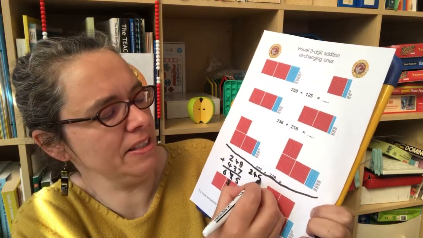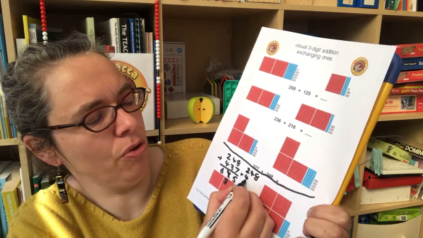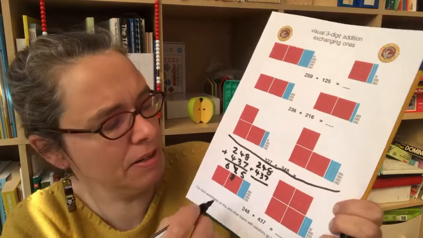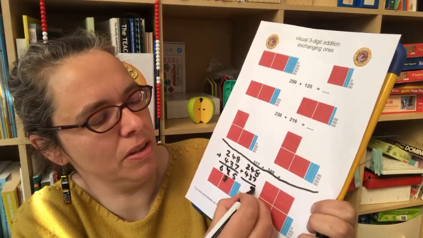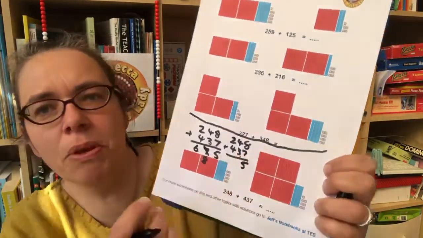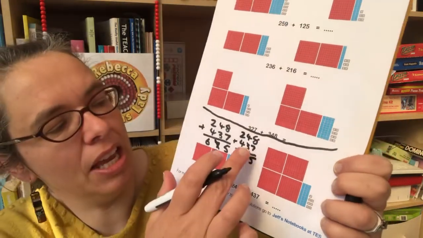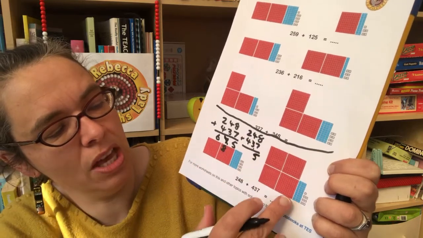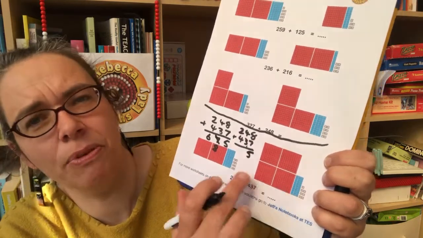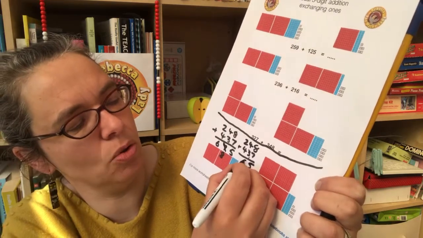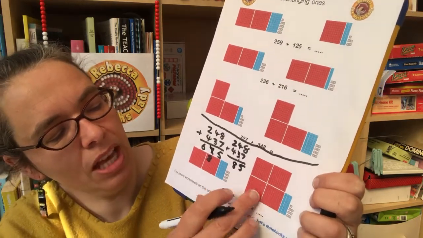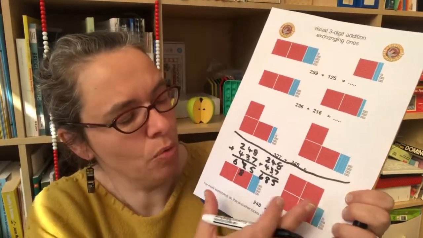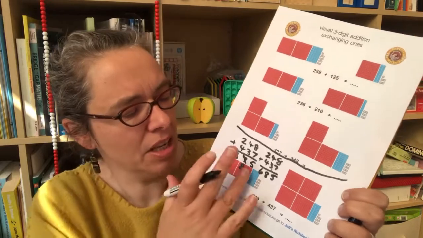2, 4, 8, add 4, 3, 7. If we work right to left, we see the 15. So we've got 5 in the ones. We pop the 10 from the ones there, and then we can see, and it's all right here in our 10s, we've got 4 and 3 and the one that came from the ones. So we've got 8 10s all together, and then we've still got 600s. And that's why it's so much better to work right to left rather than left to right, because there's no